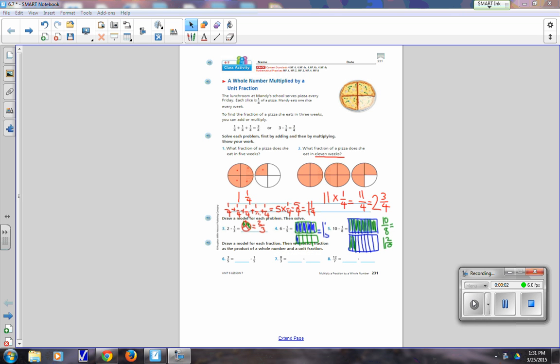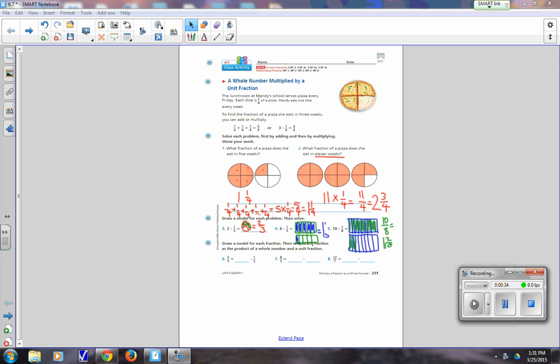Okay, so lesson 7 is multiplying fractions. We started this a little bit before you left today, so I have the pictures that we talked about the last 20 minutes of the class, and I did number 6 and number 5 for you on 231. I drew the models for you, and I know the models might be a little tedious and really hard for you to draw those pictures, but it's really important for you to understand that it's the 1/5